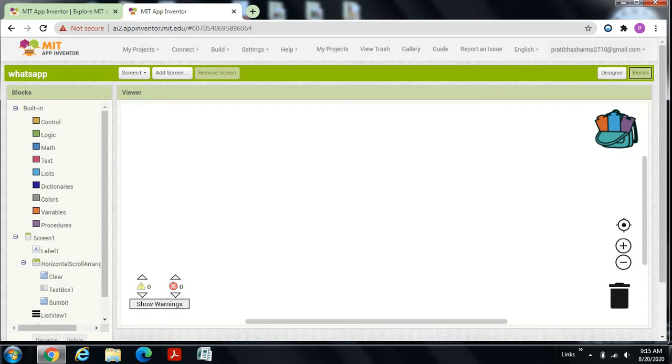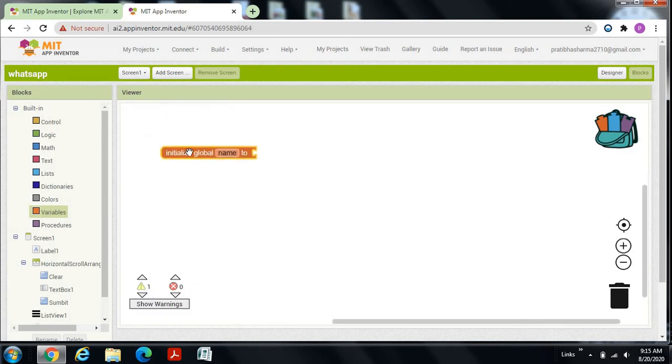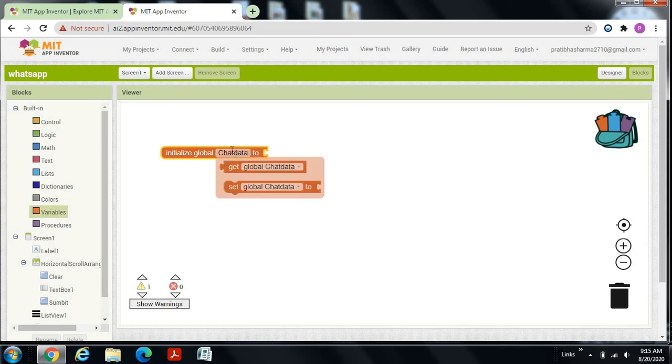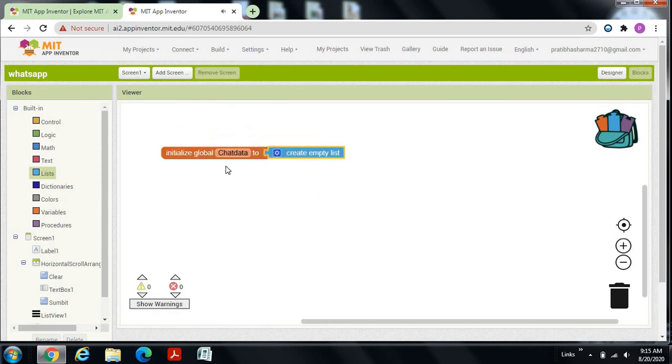First of all, go to variables and drag and drop one initialize global name to, and make this chat data. Okay, you're done. Now go to lists and take the first one, create empty list. You're done with this much.